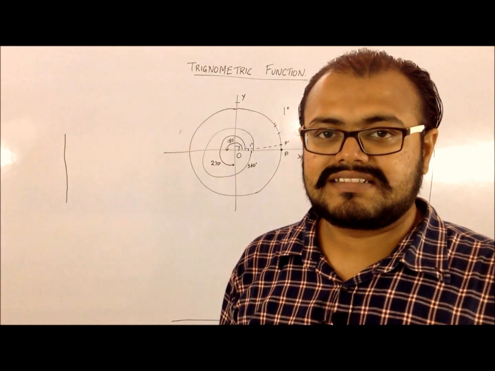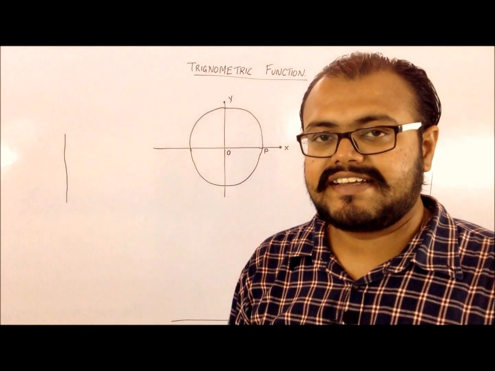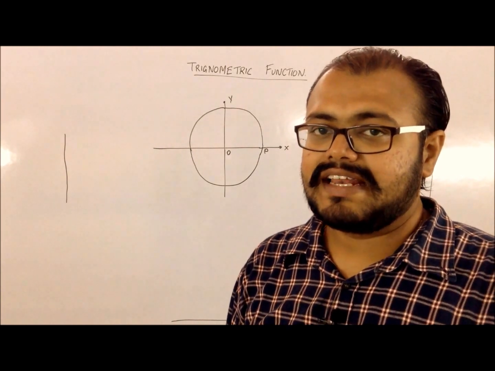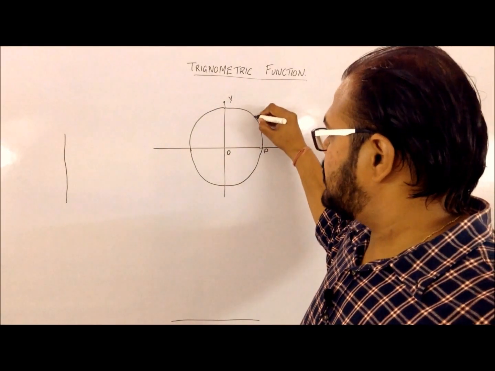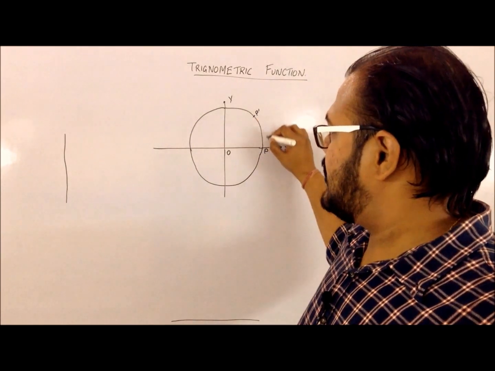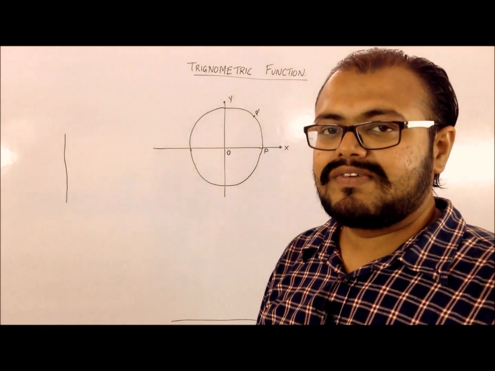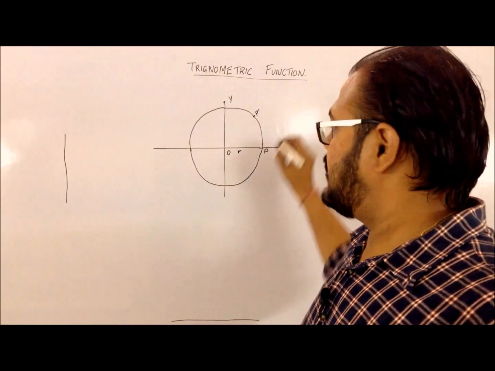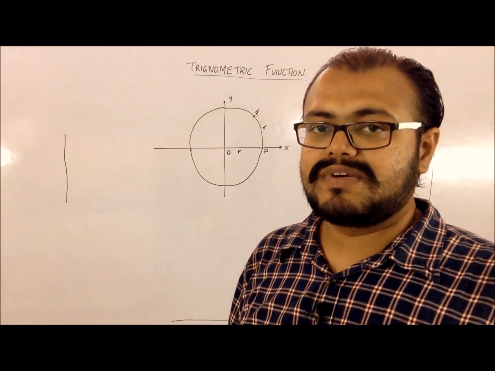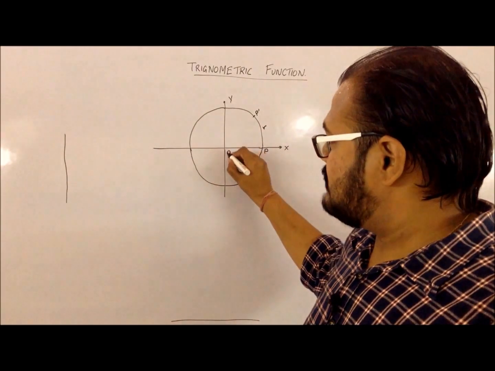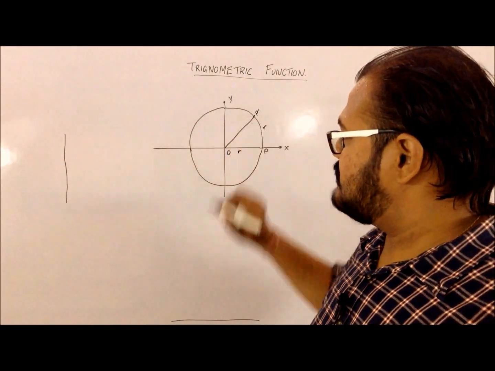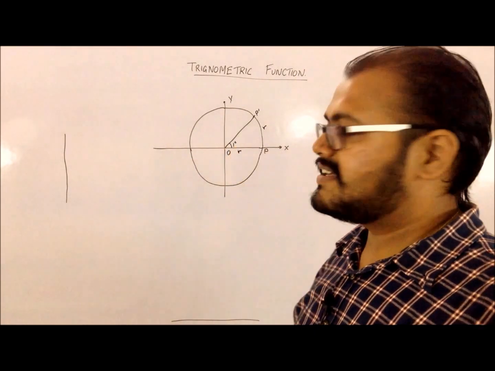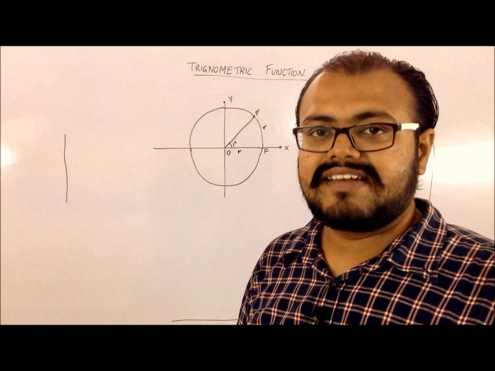The next measurement is my radians. While defining 1 radian, let me again consider the same point P which is moving about in the circle. Now this time my P is going to P dash such that the arc length of P to P dash is equal to the radius of the circle. So if R is the radius of the circle, then the arc length will also be equal to R. The angle which is formed between P and P dash is then defined as 1 radian. So this is how we define 1 radian.